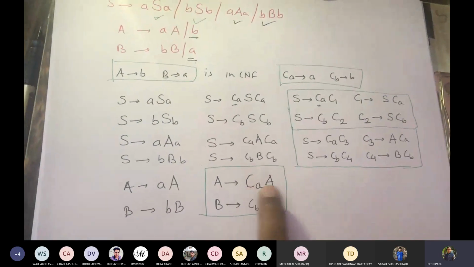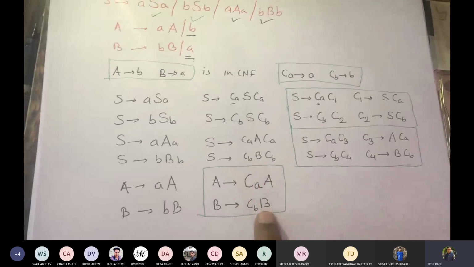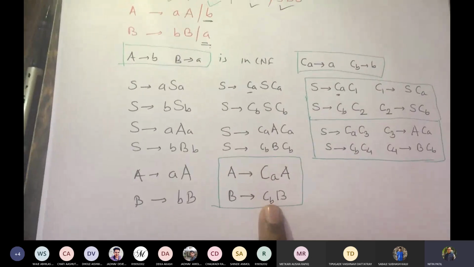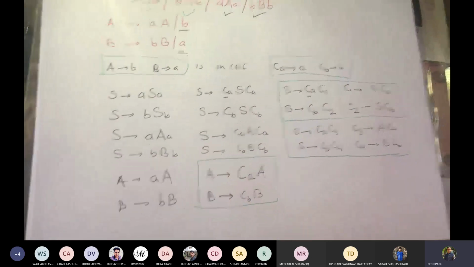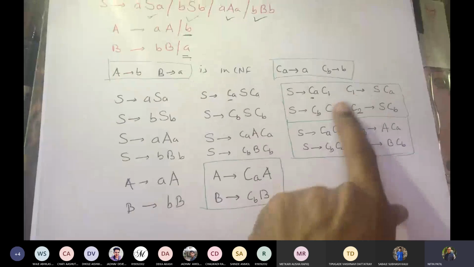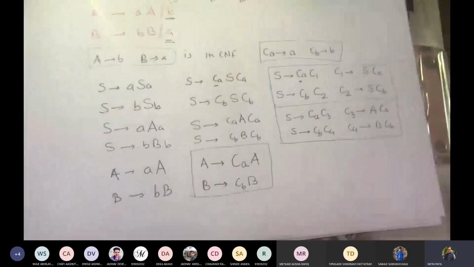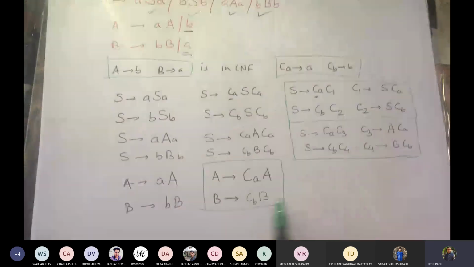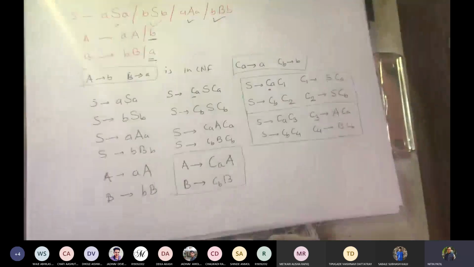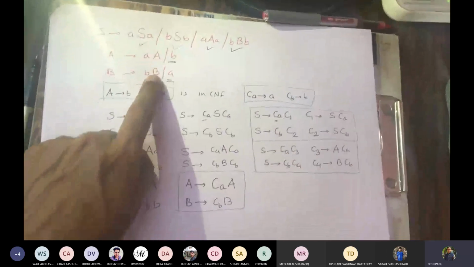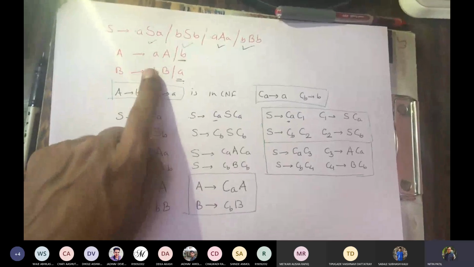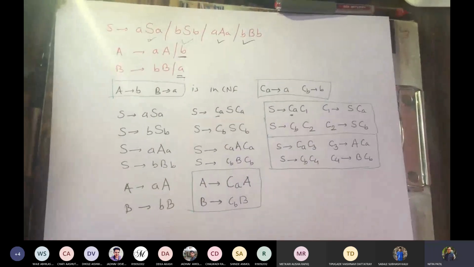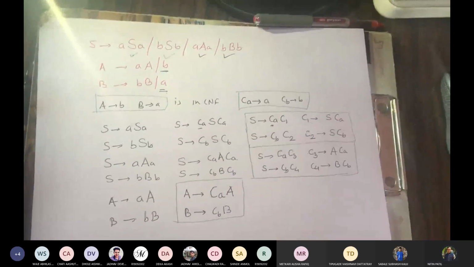Now you may see, as this is a variable, these two are variables, these two are variables. This is not a terminal, by the way. This is a suffix, so we are giving a new name. In C1, C2, 1 and 2 are also suffixes. Correct. So the things marked in green are in CNF. So this may be one problem that you may be asked to solve. You are given a grammar. You are asked to convert that grammar to Chomsky normal form. Is that okay? Any question?